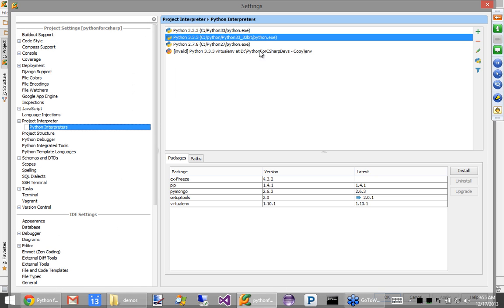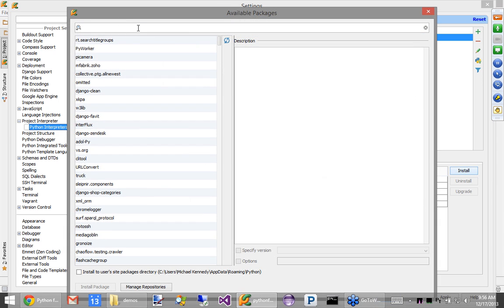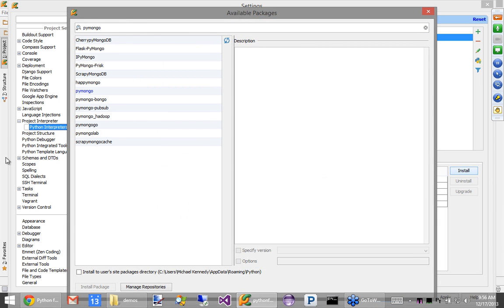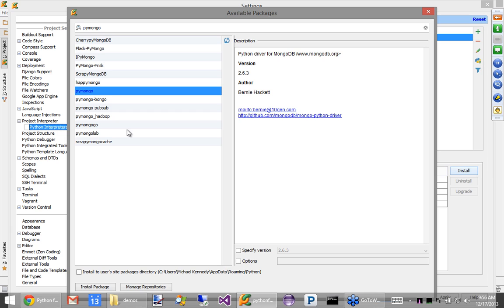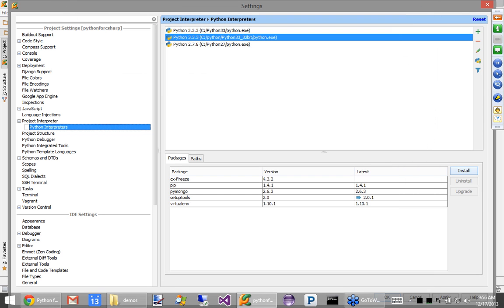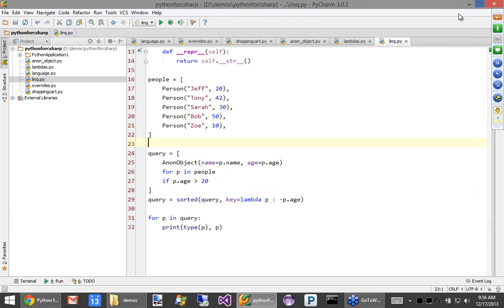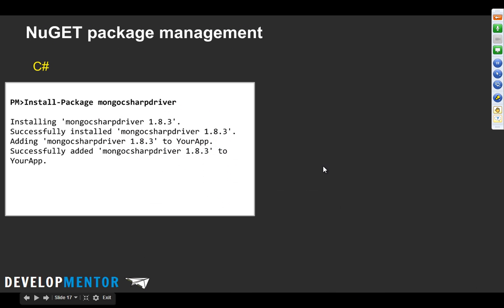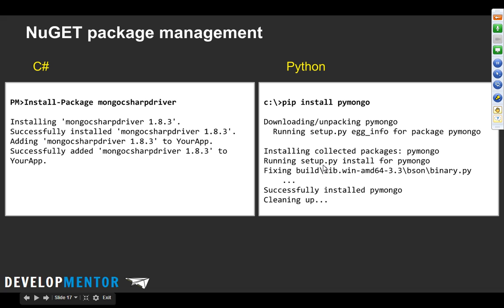This is partly why I like this better than Visual Studio. It has support for all this: I can go over here and say install, and this is like NuGet. I can say I want PyMongo. Here's my PyMongo thing to talk to MongoDB, just like I showed you in C#. Hit install on this button and you're done. It's not always as clean because sometimes these have dependencies, where there's some compilation that has to happen for C extensions and so on. But still, you can more or less just, either through the command line or the UI, say go get this thing off of what's called the